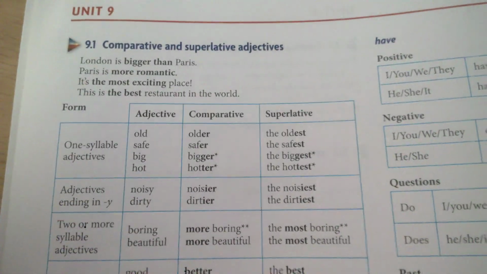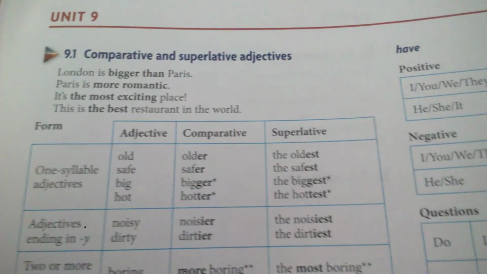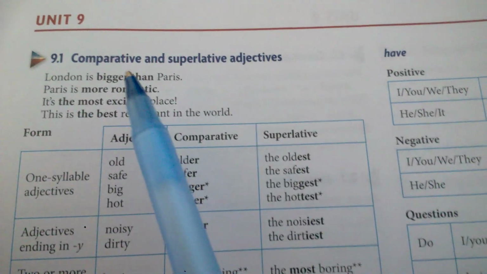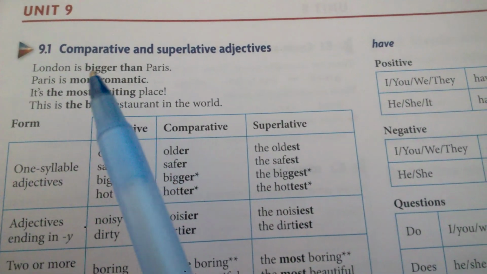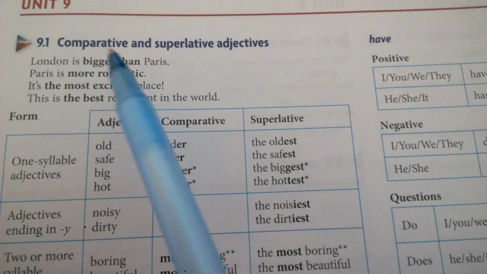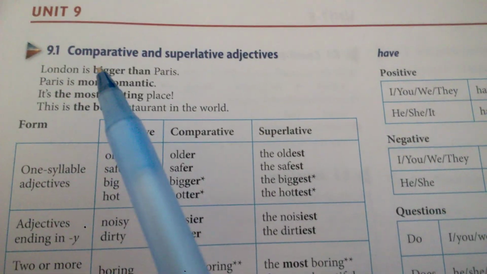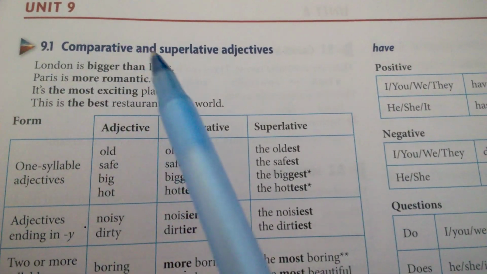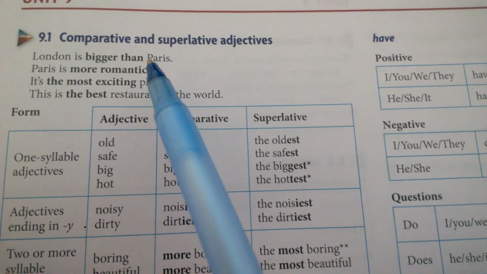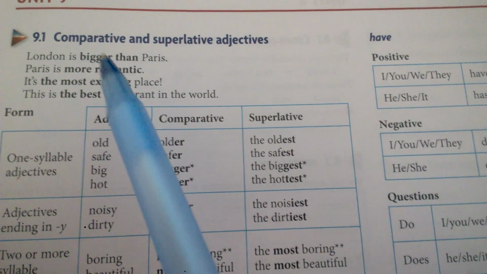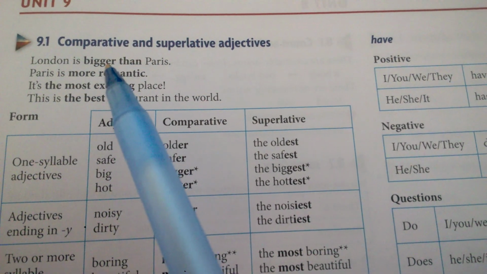We have the comparative and the superlative. The comparative is something in grammar that we use to describe something. A comparative, it says compare. So it's about comparing things. So for instance, if we say London is bigger than Paris, then we compare London to Paris and we say it's bigger than Paris. If we want to make a comparative like this, we have to add ER